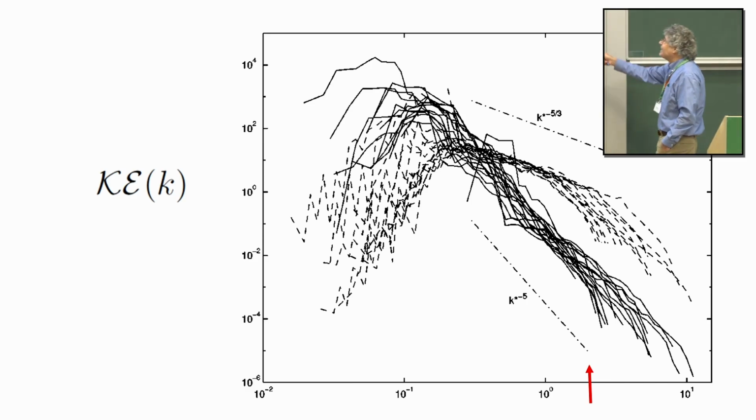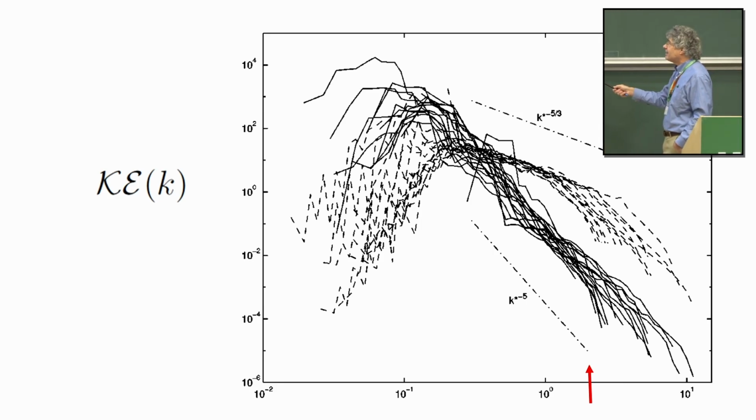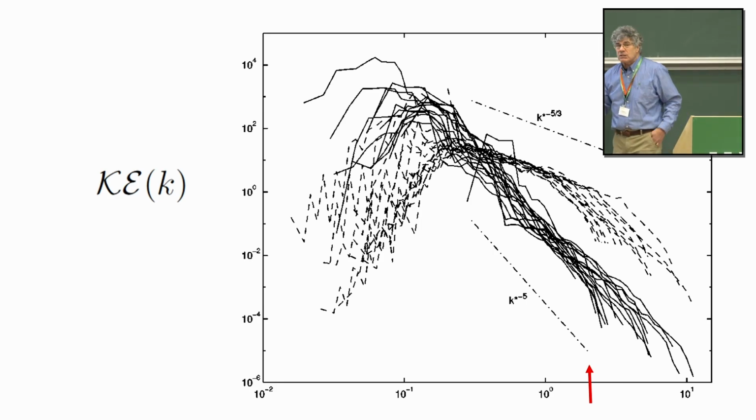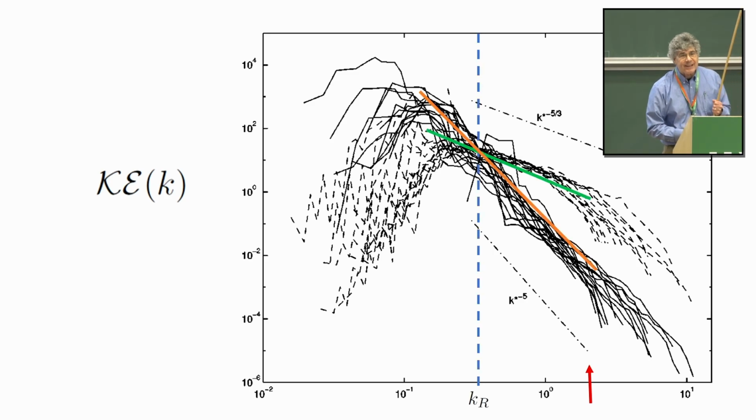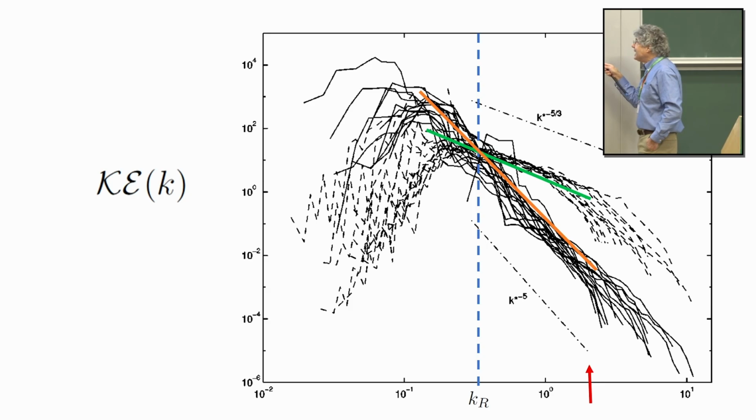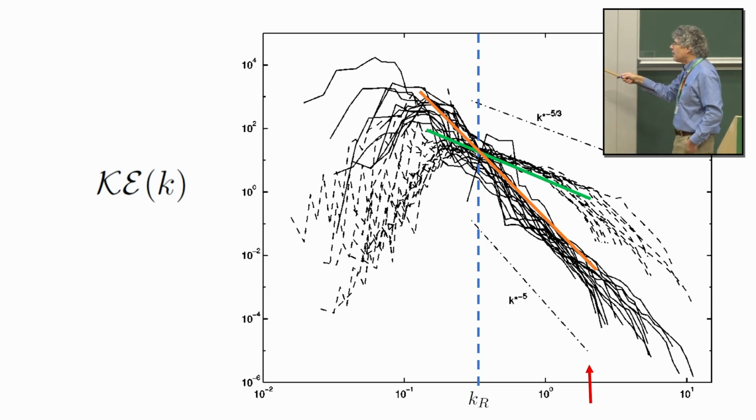But basically, even though the flow is highly time-dependent and turbulent, this part looks like a k to the -5, and this part over here looks like a k to the -5/3. This arrow represents that I'm doing very narrow band forcing in this set of experiments, and so we get what we thought we'd get: a composite spectrum of a zonal part and an eddy part,